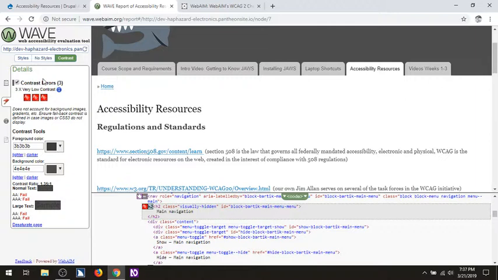So it's good that it lets you know possible issues with your site, and then you can investigate and use your accessibility knowledge to make your judgment calls about how you want to fix stuff that seems to be a problem. Okay, so going back to this guy,